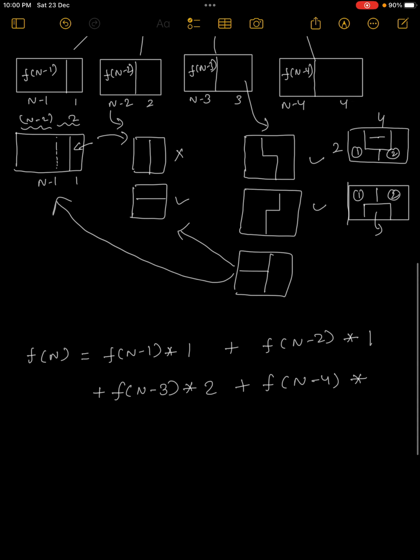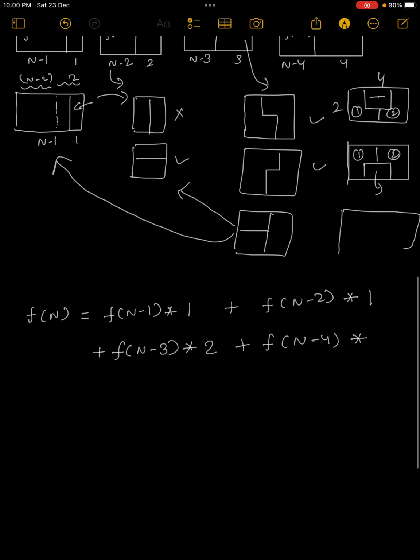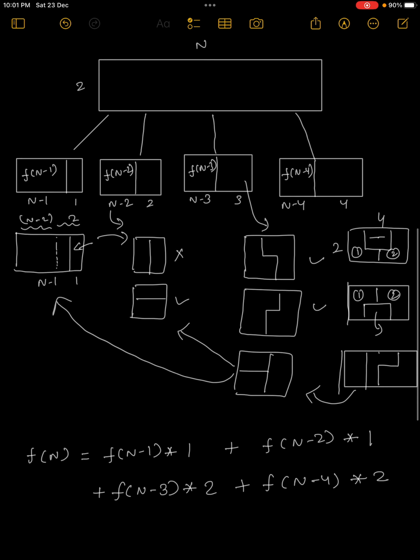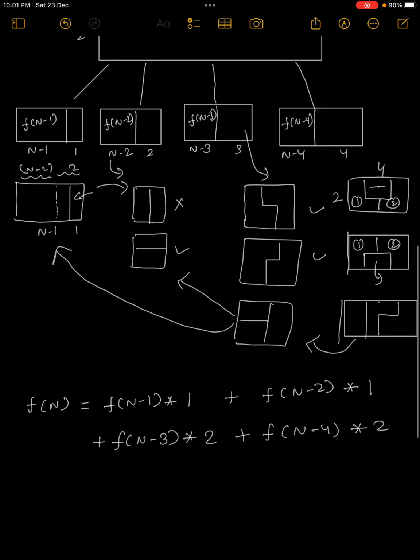You may say that we can have the states like that, where we will use something like that, and this one domino and domino combination. But as we have seen, this is already covered either in f of n minus 3 or in other previous states. So we will not take those. We will take only the unique ones. So the unique ways to tile the last four length area would be 2. So that is why I am multiplying it by 2.